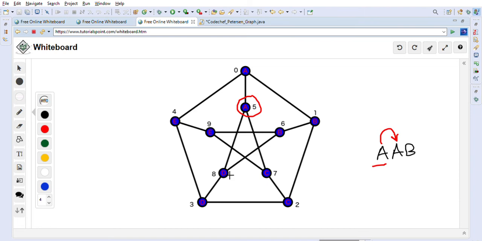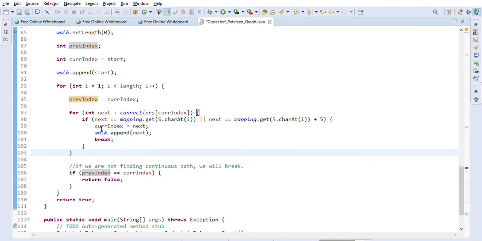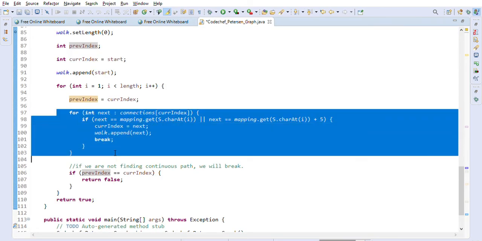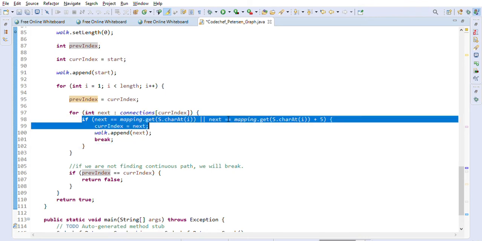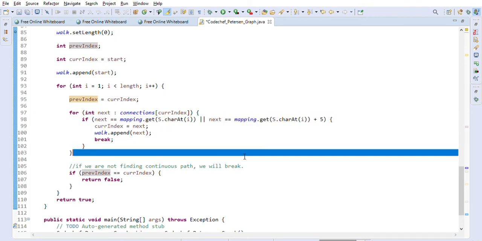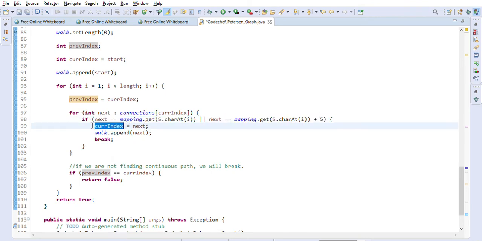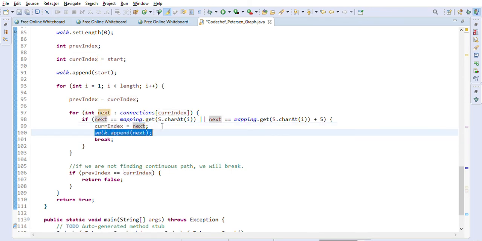D is one child, C is one child, and A is one child. We are going through all these children and checking if the child is A. That's what we are checking in this for loop. If we find the child equal to A, then we update the current index to next and append to the walk.